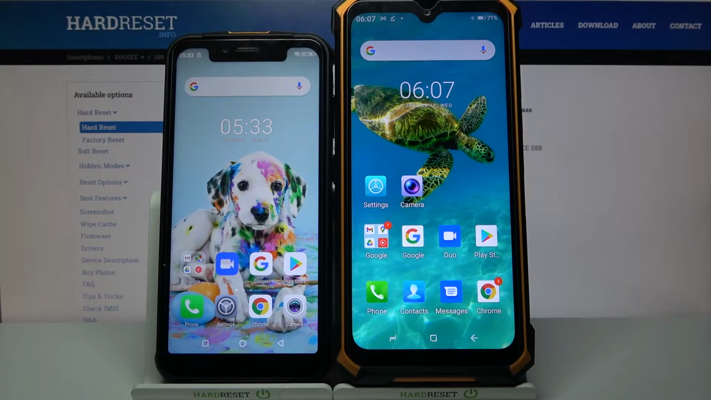Hi! Today I would like to show you how you can transfer files from an Android device to DOOGEE S88